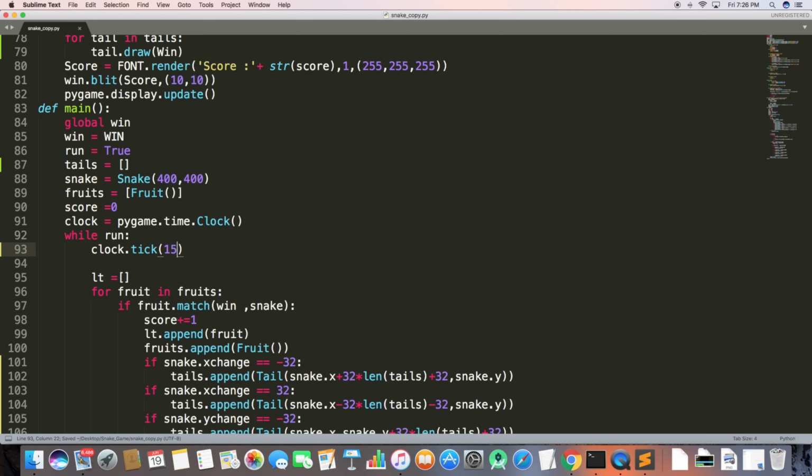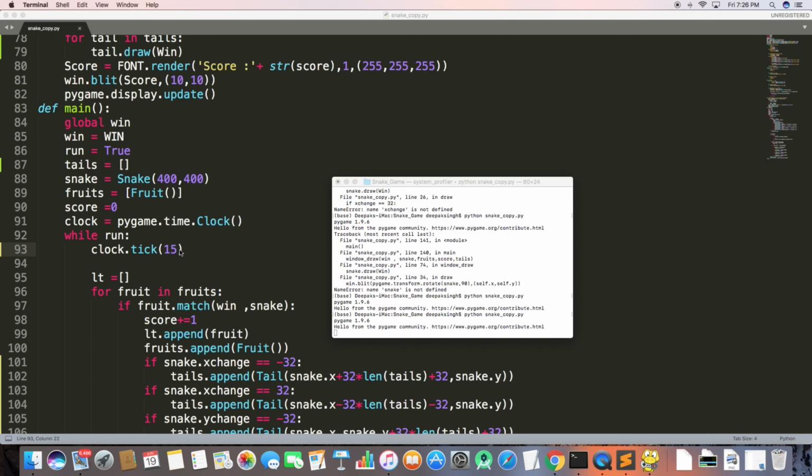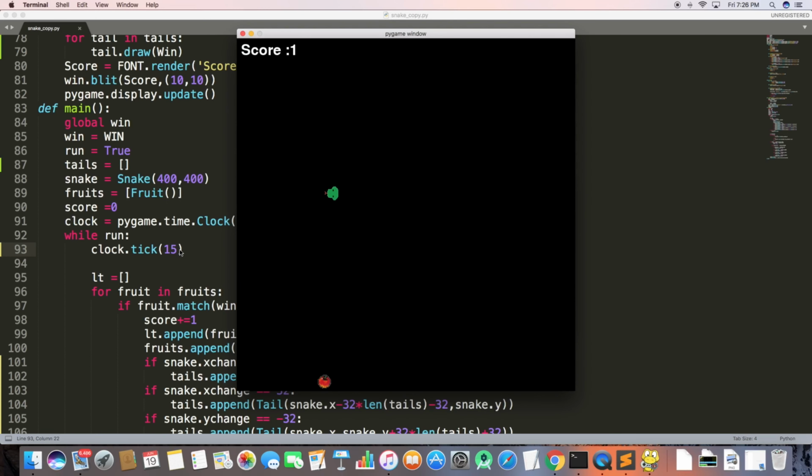I know you can write the else condition for the first line of code, that if x change is 0, then just put the snake there. But it sort of overlaps. Then the snake will have like two heads, as you will see them overlapping, like left and right or up and down. So it doesn't look that good. That's why I haven't put an else condition. I don't know why it has an overlapping position when I put an else condition, but that's why there's no else condition here. And as you can see, the snake game works fine now, and it looks good.